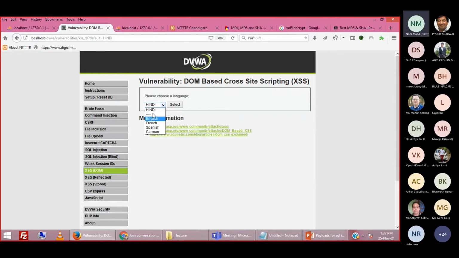However, it is not going to create a huge loss or permanent damage to your website, but still the content of this page is being modified without permission. It means your page is vulnerable, and Hindi is selected here. It means it is suffering from a DOM based attack, right? This is called the Document Object Model attack, XSS DOM based attack.